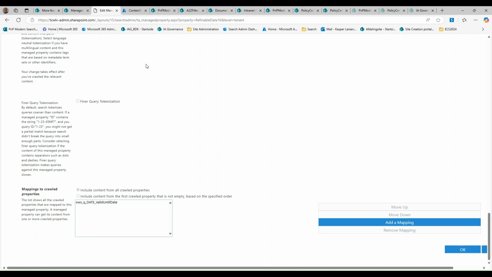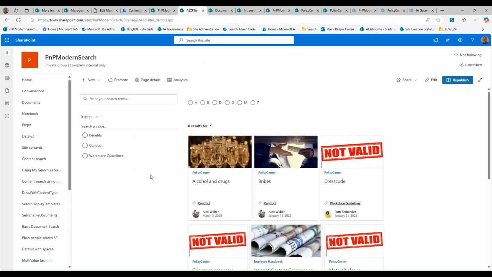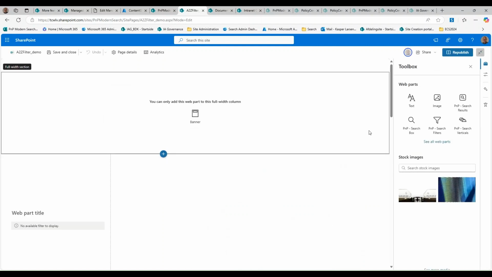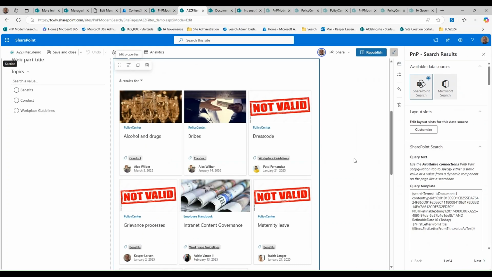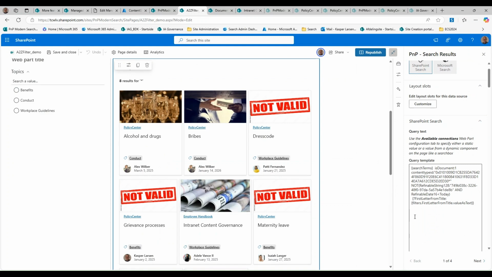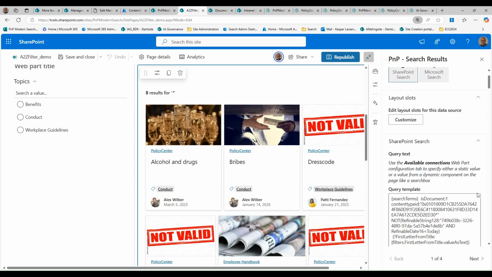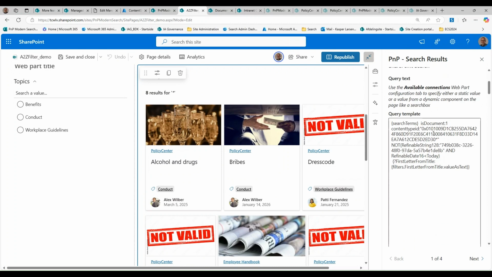So now we have our mapping in place, we can go back and have a look at what we have set up here in our search. So let's have a look at what we got here. Let's start with the search template. If we have a look at this one, you can see that we are looking for a content type ID, just as usual. Then we have a clause here saying that we want to exclude those where the refinable string